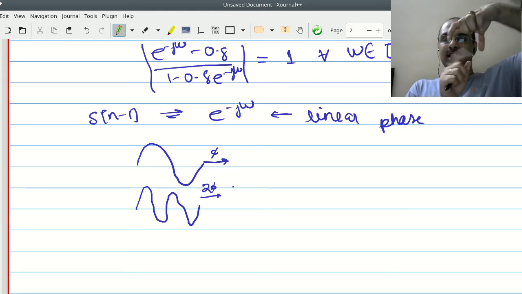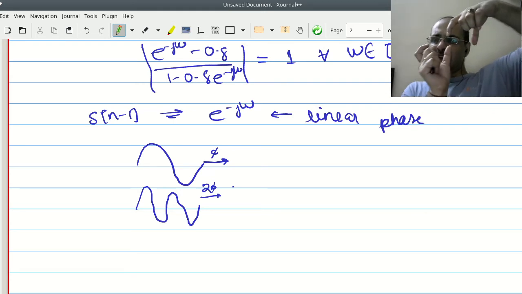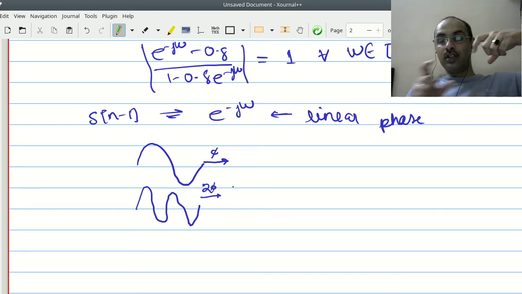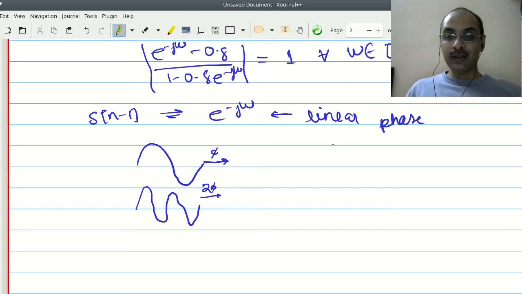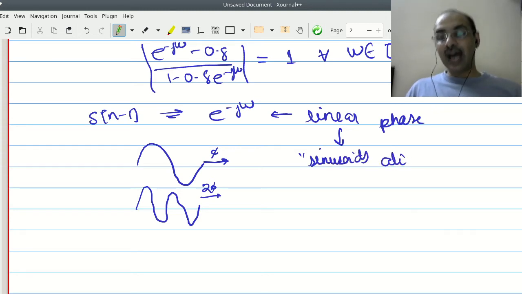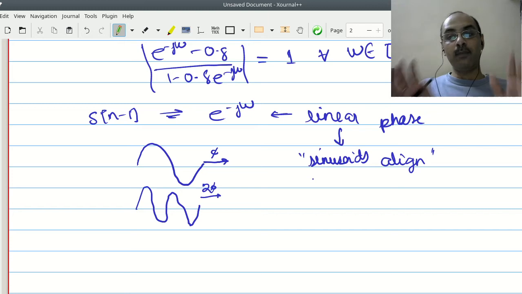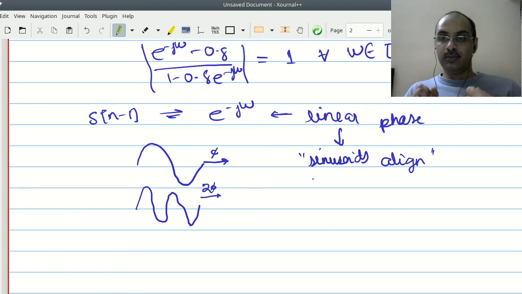Okay, so basically the slow moving sinusoid, if you give it a punch and it moves by phi in angle, the 2f, the twice the frequency, must move by 2 phi, which means that whenever you have linear phase, the component sinusoids tend to align, which also means that there is no chance of the waveform really changing materially. Of course, the magnitude response can change the nature of the waveform, but they all move with the same speed. This is something which you would have seen in terms of wave theory, electromagnetics as well.